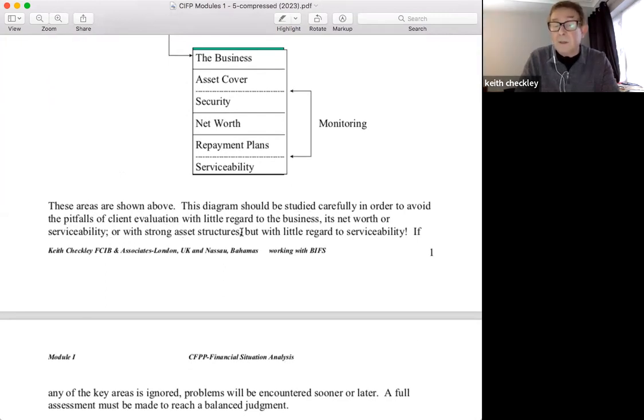strong asset structures. So one of the peculiarities in business is you could look at a balance sheet with a strong asset structure, but when we look at the income statement, maybe the income generation of the business is quite poor relative to the assets they're employing. And a classic example of that here, not in Bahamas, because you have very little, well, if none, on the agricultural side, but in the UK, we have a lot of farming finance.